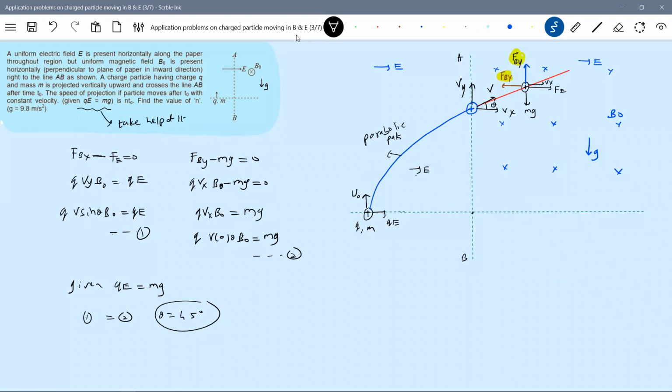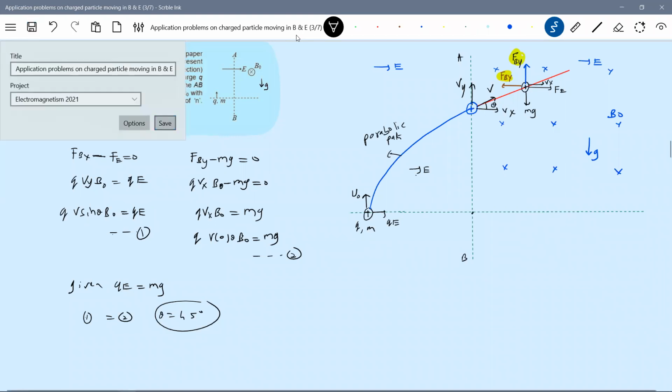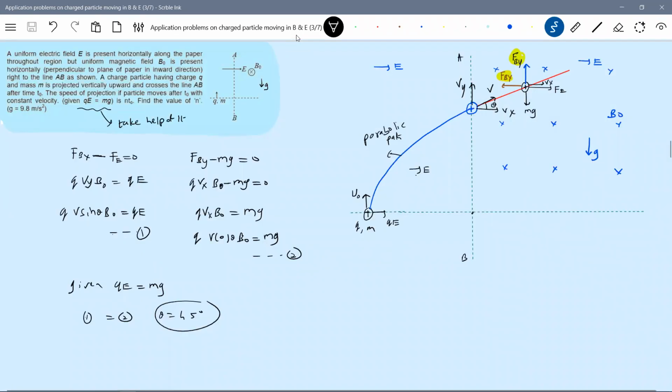Regarding g, nothing is given, no? So I think we have to take it everywhere. Even I'm getting confused. g equal to 9.8 is told, so we have to take it. If it were there only on the right side of AB, they would have mentioned it.